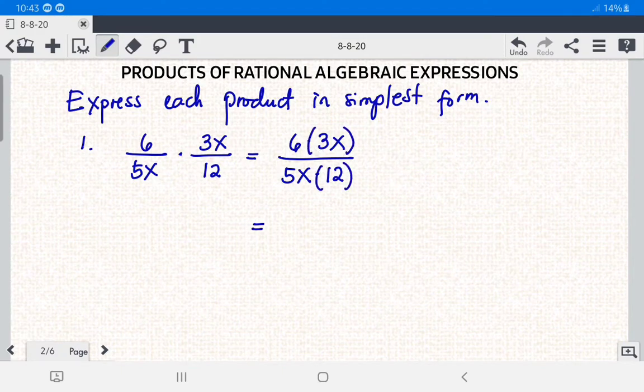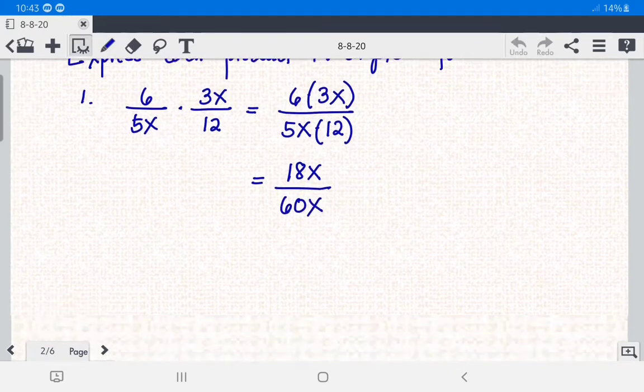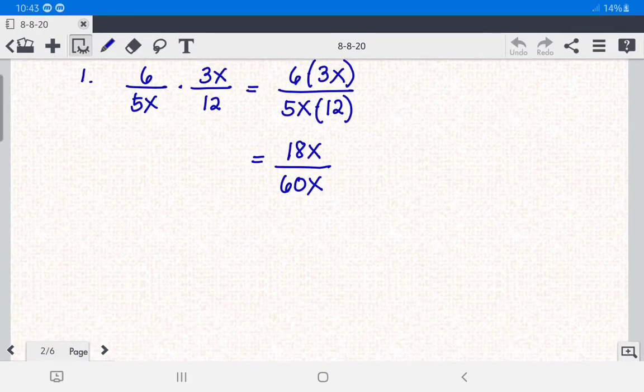So 6 times 3x, we have 18x, and then over 5x times 12, we have 60x. Then after that, you have to factor both the numerator and the denominator in such